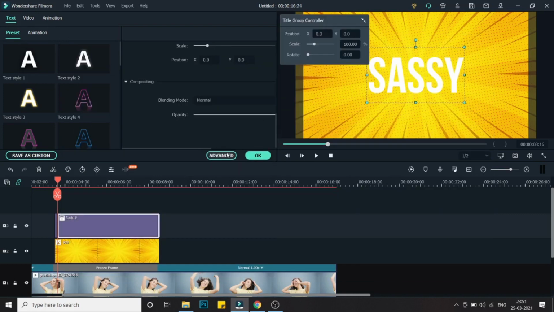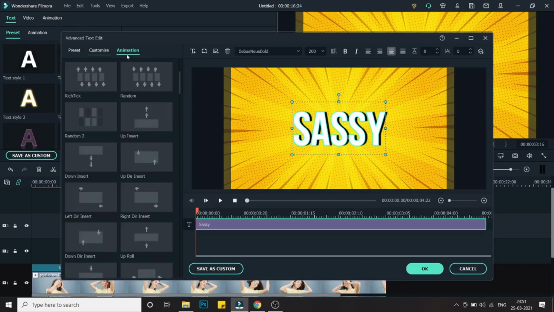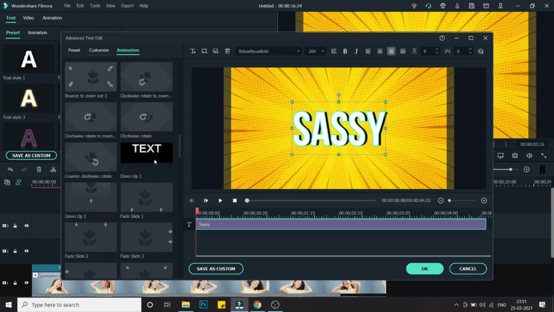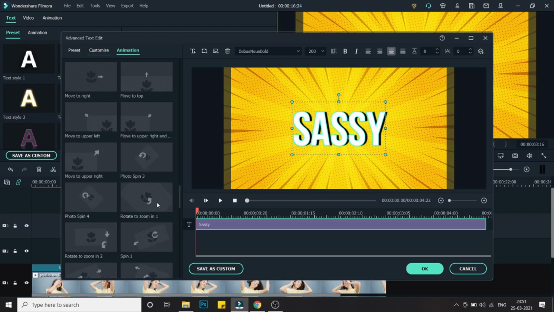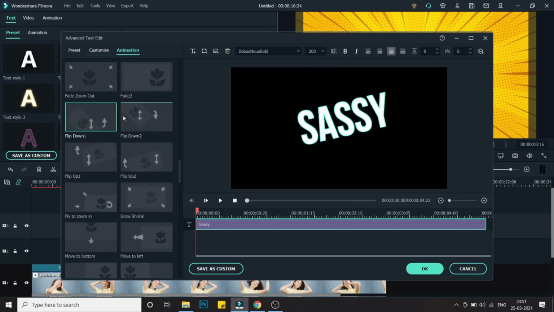But before clicking OK, just go into advanced, and you might have seen the animation as well. So click on animation here, and the animation I will be using is flip down 2, or you can also use flip down 1.